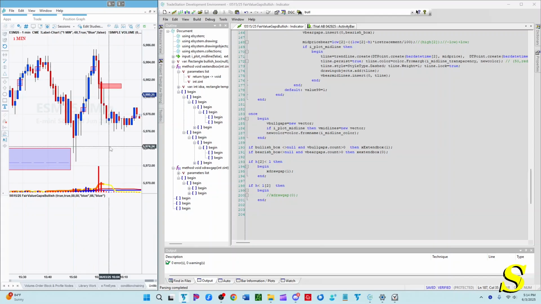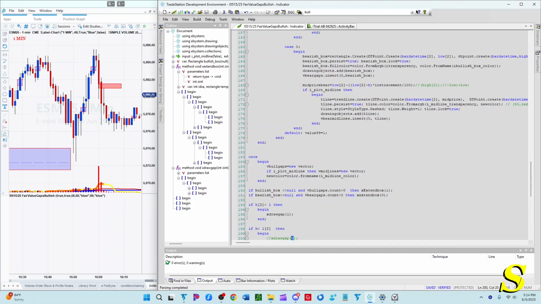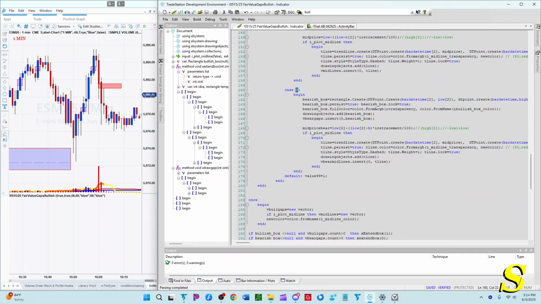All right, so everything seems fine, right? So it's drawing the bullish fair value gaps, which is this here. When it tries to draw the bearish fair value gaps here, it doesn't. There's something going on wrong. So we're putting in a 0 there. That should be the bearish fair value gap. That should be this case 0 here. So if that's the case, then we need to be looking to see why bearish box